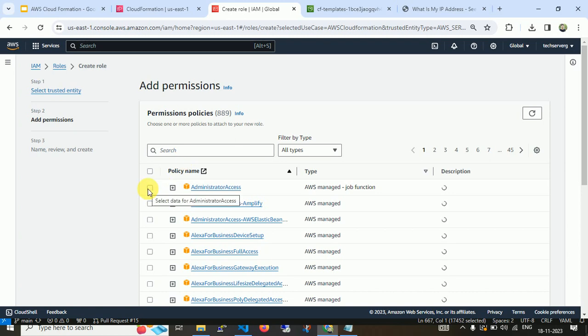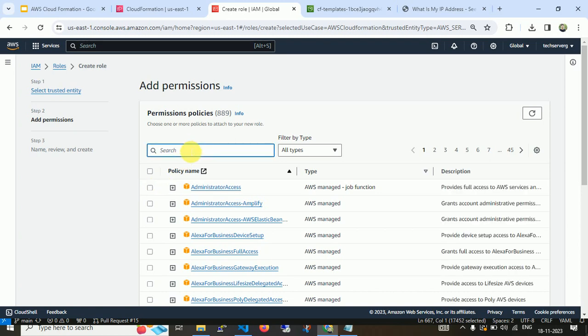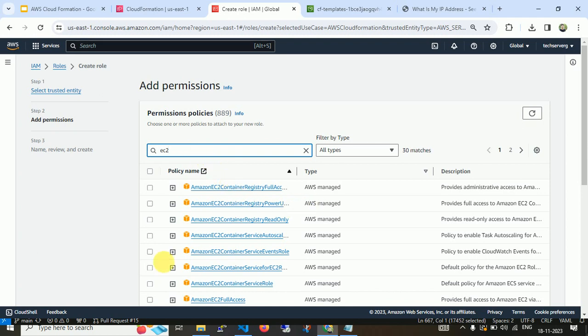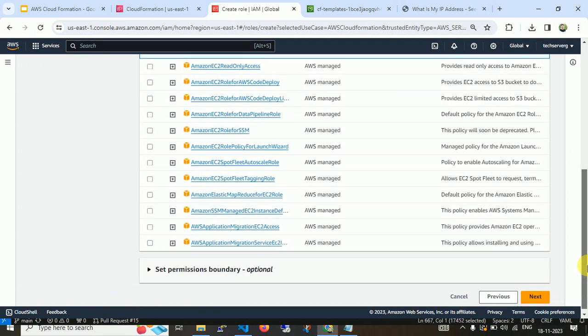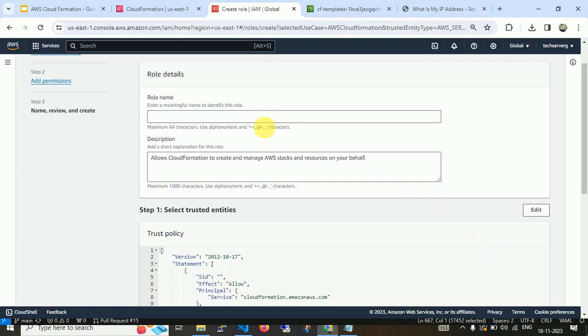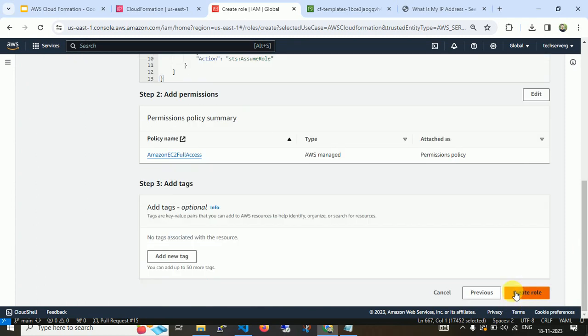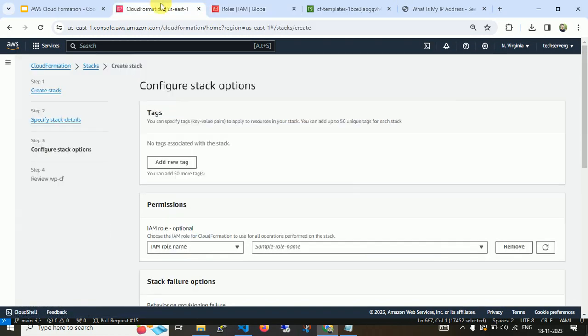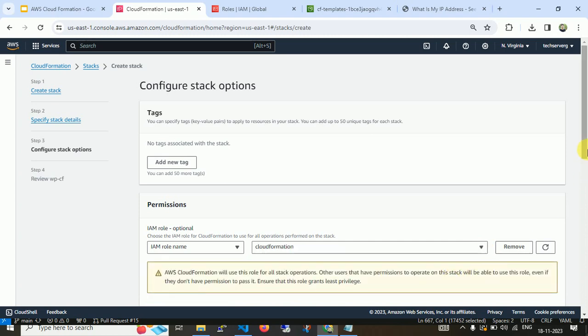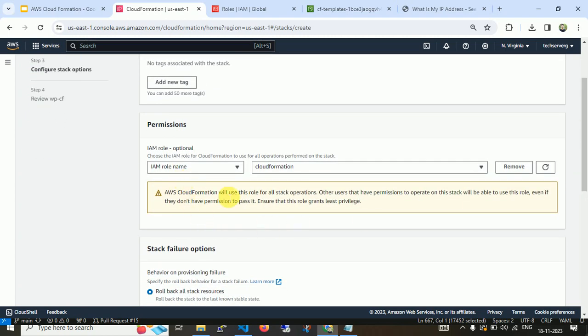let me add temporary EC2 full access. And next, name of the role for CloudFormation. Next, create. Let me refresh. CloudFormation role is created. AWS CloudFormation will use this role for all the stack operations and must have permissions to